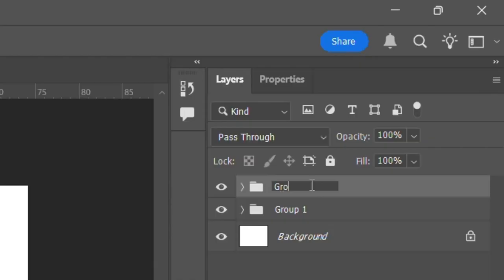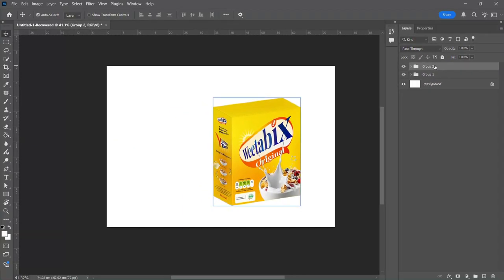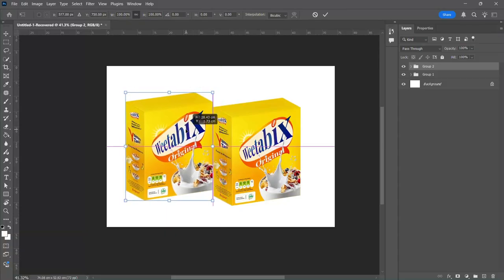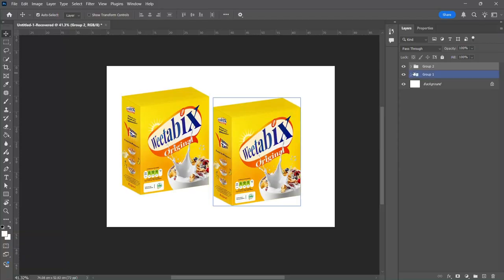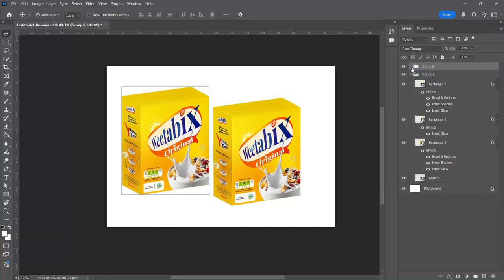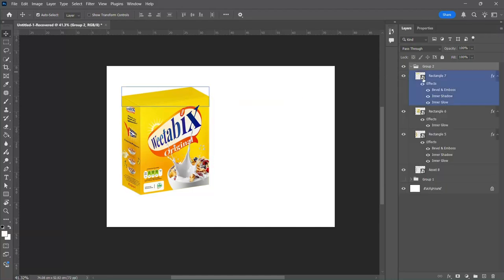So I'm going to call this group 2, then press Ctrl T and drag it, place it right here. All right, so this is now our duplicate right there. Okay, so if you close this and open this up, so we're going to make some changes to this. All right,